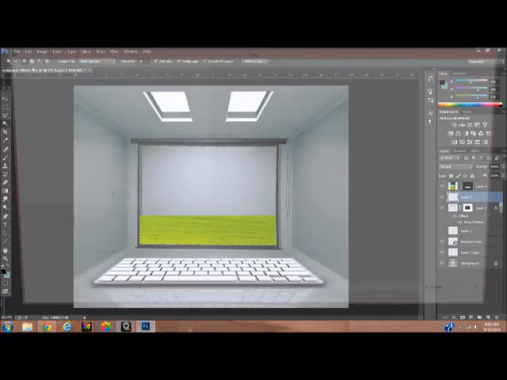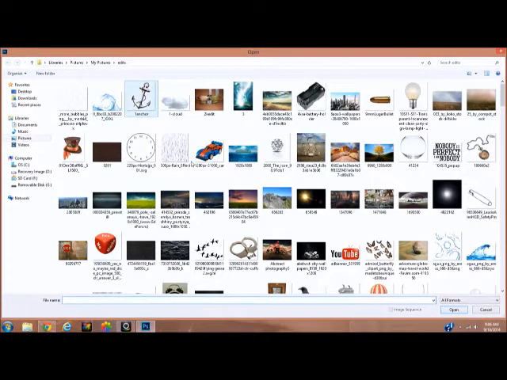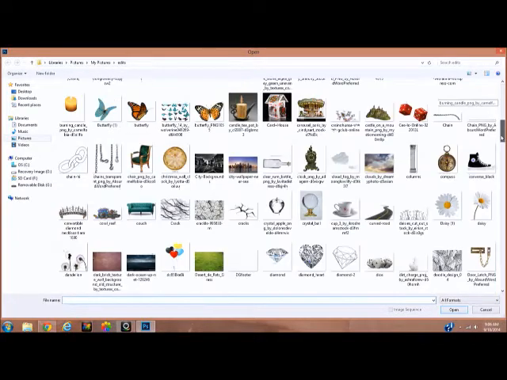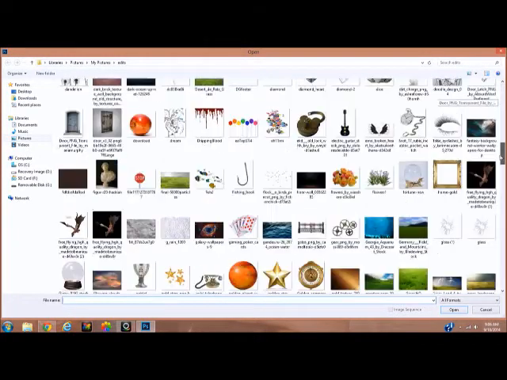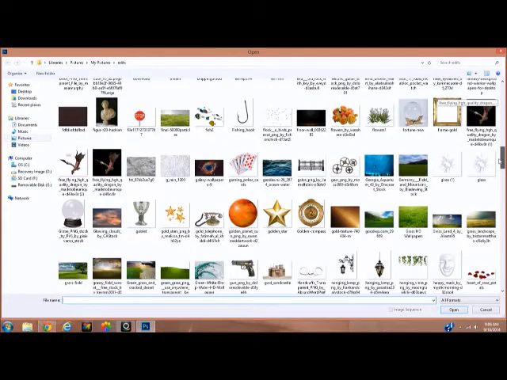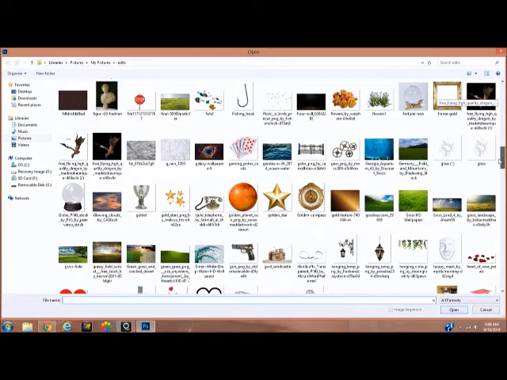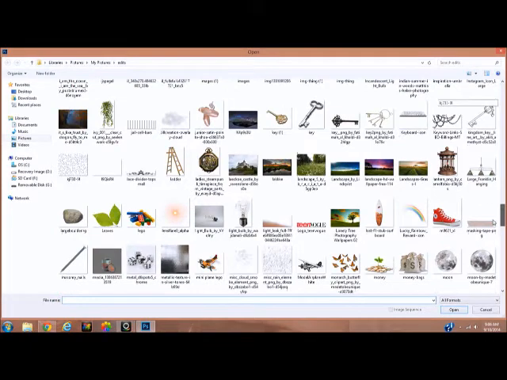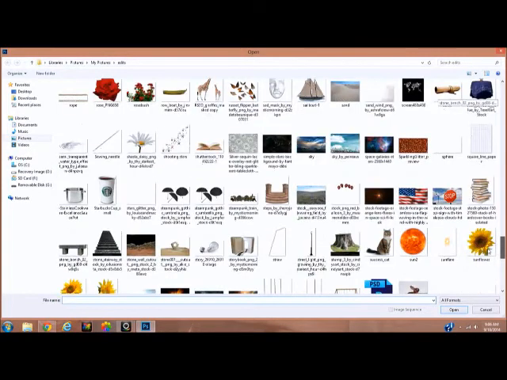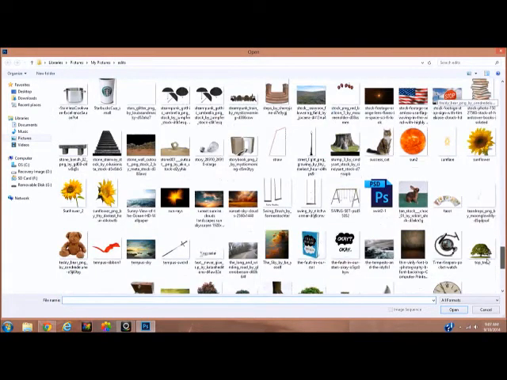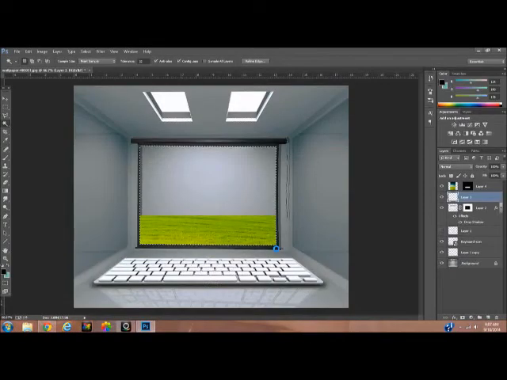So I'm going to find a sky, and I'm going to use a sky that I love, that I use a whole lot, but I alter it so it looks different, so you really can't tell that I use it so much. Okay. Where is it at? It's somewhere down here. Aha. I'm going to use this one. So I open that,